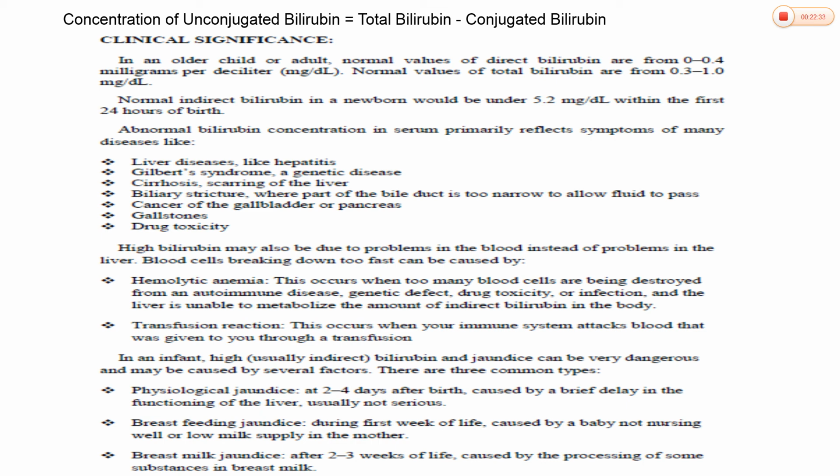This occurs when your immune cells attack blood that was given to you through a transfusion. So if a patient is given a transfusion, the body recognizes the foreign cells, and thereby the immune system can attack